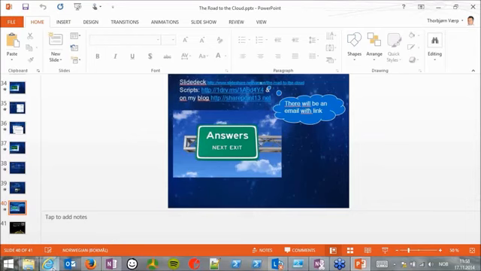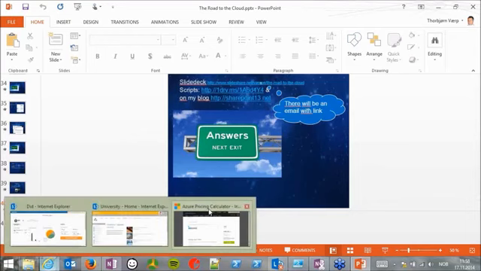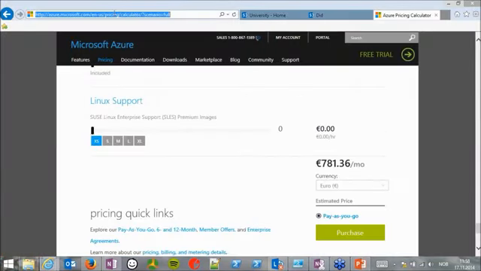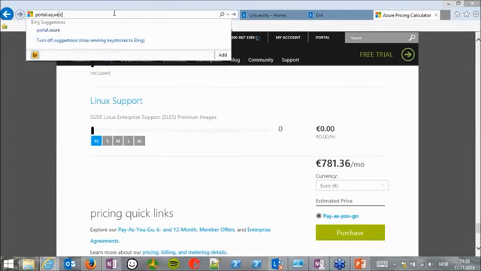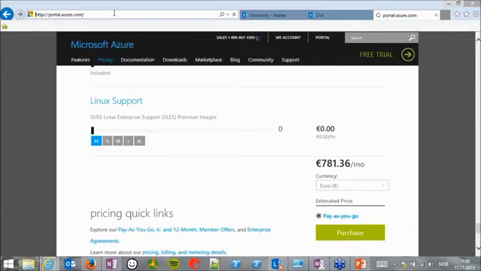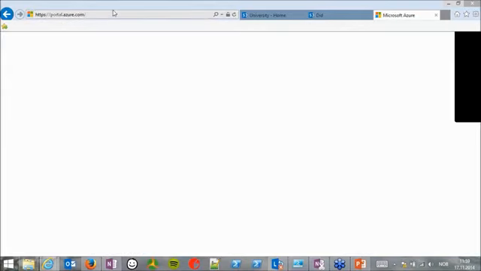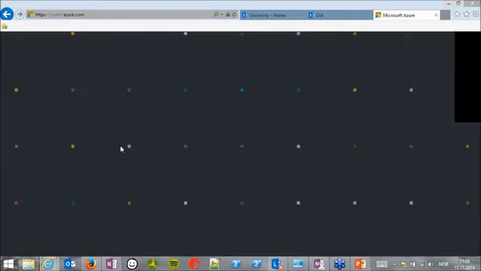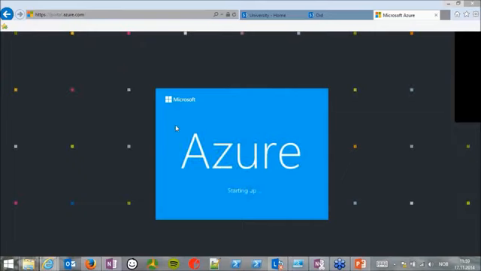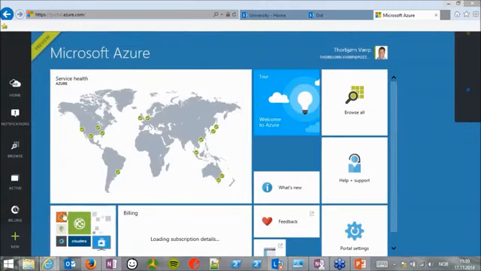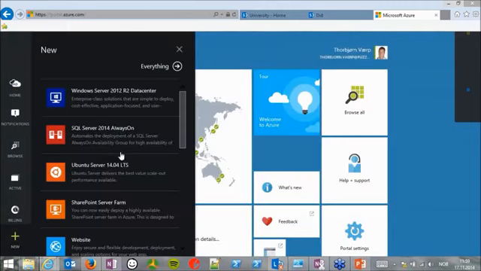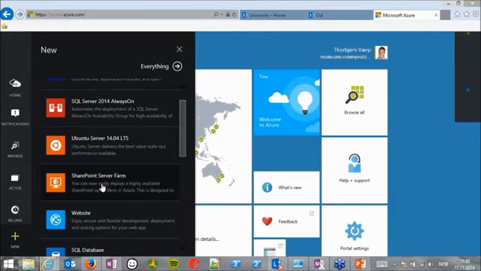Also in preview, I didn't show you, if you're quite new to this, there's a preview portal. If I log into this one, it is in preview. It's a little bit more fancy with live tiles than the other ones. But actually here you will see you can do a SharePoint farm,